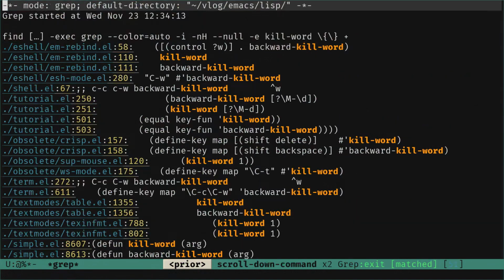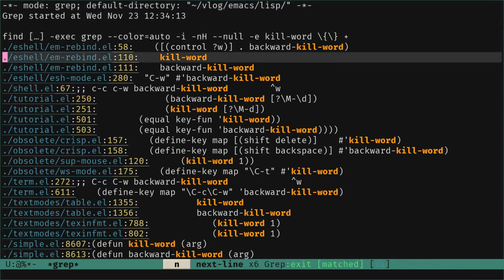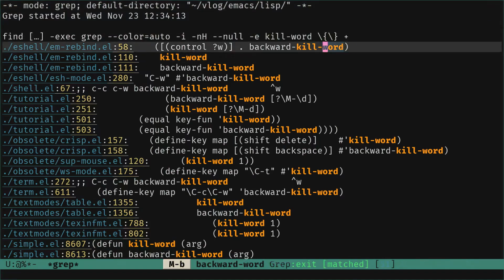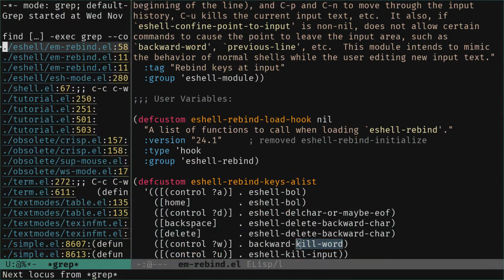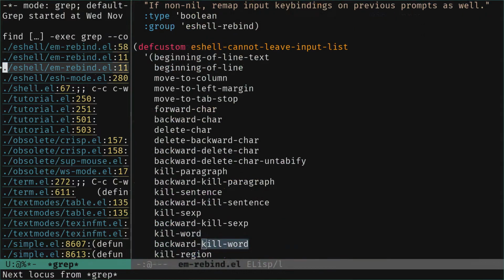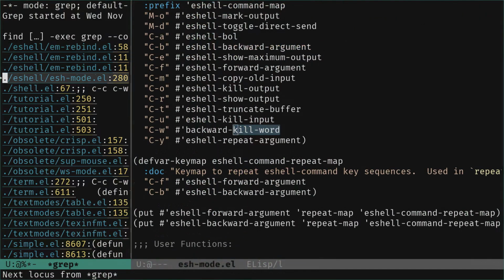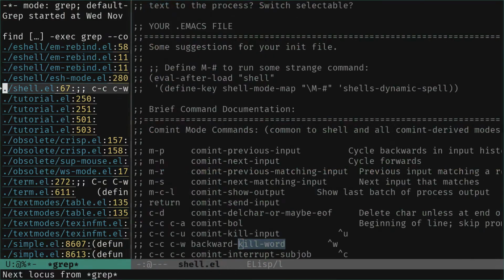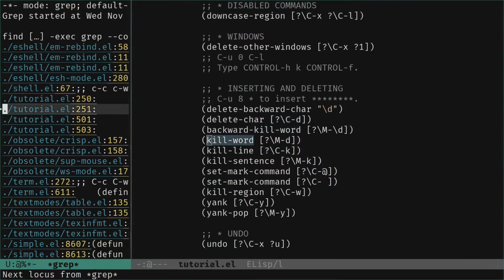And you get all the matches here. So you can see, so it happened here in the rebind. Sometimes it's just part of another variable or command. So here we can see, scroll, with the next and previous error in the occur buffer, and we can see where it is.